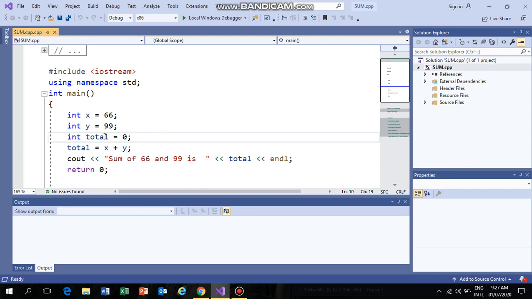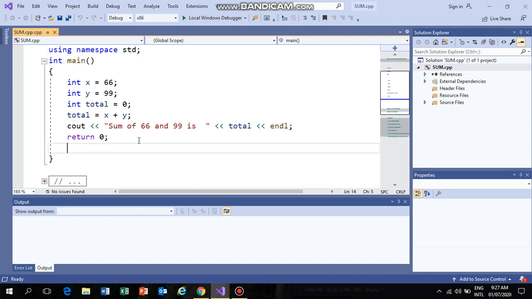I'll take this output of total by doing this one. Here the cout, and I told you in my previous programs that cout is the output stream class.